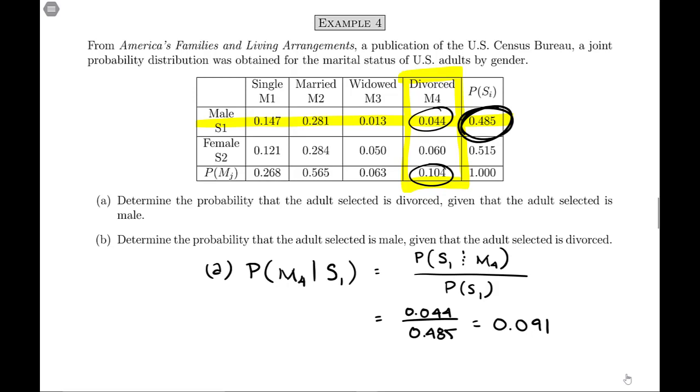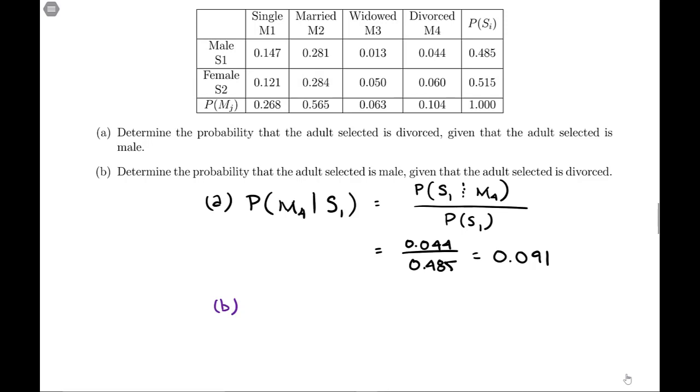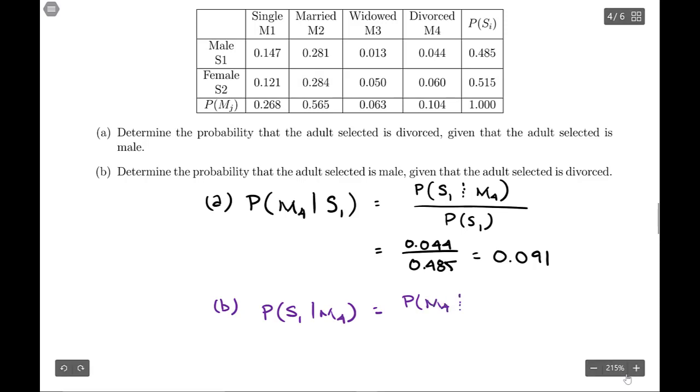are divorced. Now, part B is going to do something very similar, but for part B, we're looking at the probability that they are male given that the adult is already divorced. So it's the same two criteria, but we're looking at it in a reverse order. Previously, we looked at they're divorced given that they're male. Now we're looking at male given that this person is divorced. So in terms of the notation, we have the probability of S sub 1 given that it's M sub 4, which is male given that they are divorced, and unconditional probabilities, that would be M4 and S1